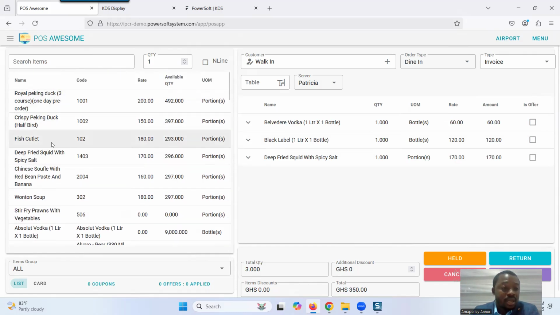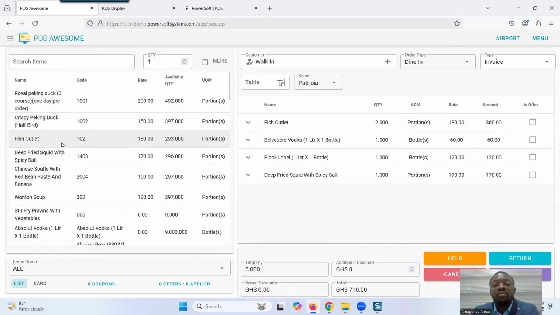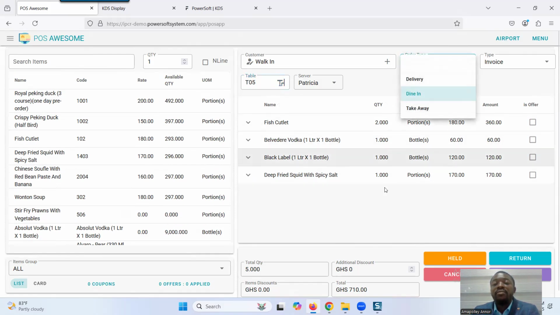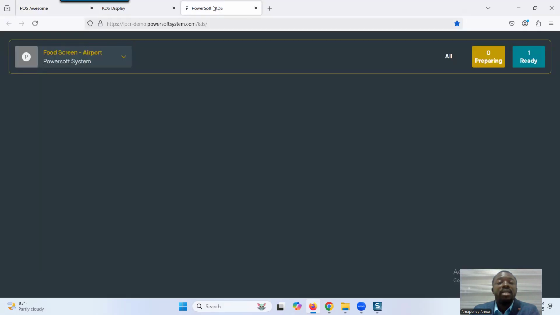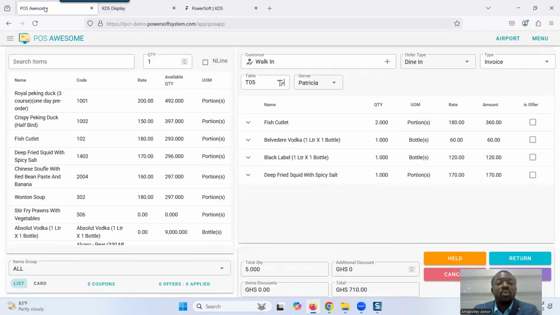And then there was maybe this fish cutlet, two of that. And for table number, maybe T05. So they can go for dine-in, delivery, takeaway. You can configure various other types, unlimited. So once Save and New is done, what happens is that typically it will